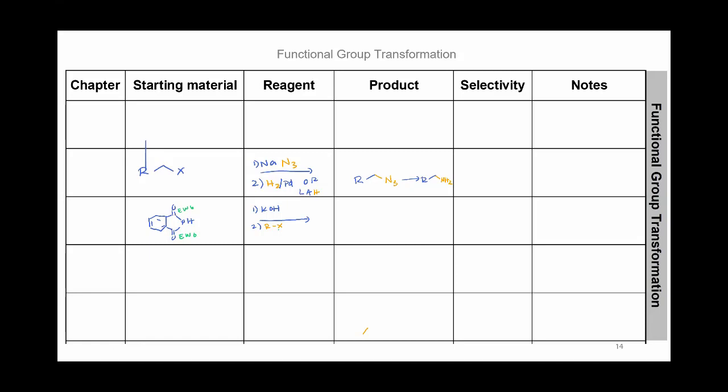And then after you add the RX, to remove the rest of that stuff that you don't want, we'll add NH2, NH2. Then you have N, H from there. Pick up another hydrogen and our R group. This is the Gabriel synthesis.